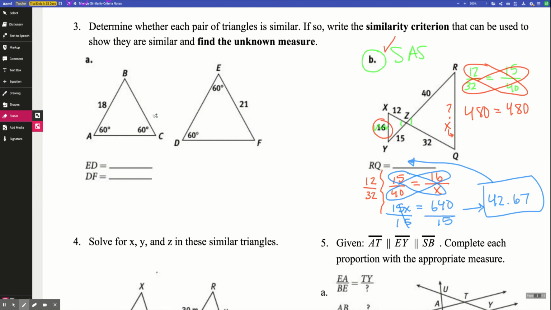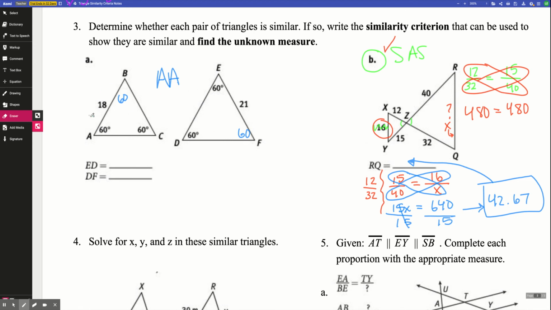Part A is a lot easier because see how you have the two angles right here? So that's got to be angle, angle. And if you notice, they're both 60 degrees. So that means the missing one is also 60 degrees. So what that means is these are equilateral triangles right here, meaning all three sides are the same length in